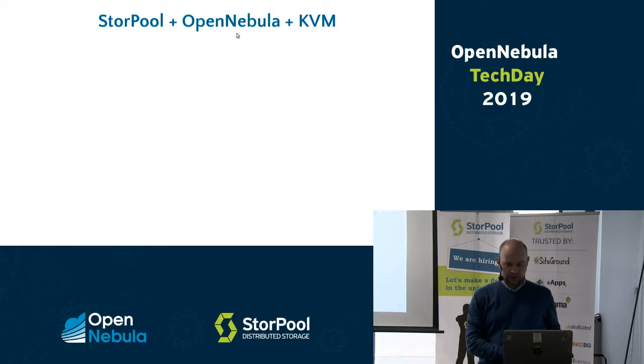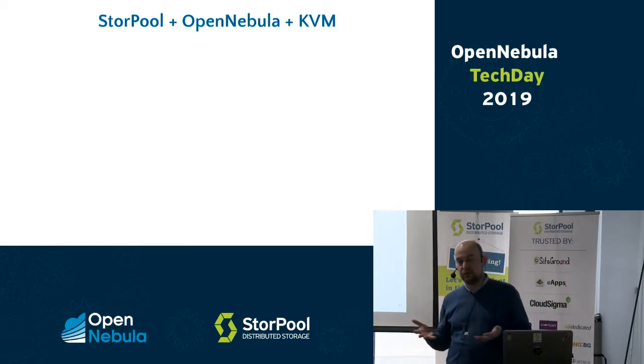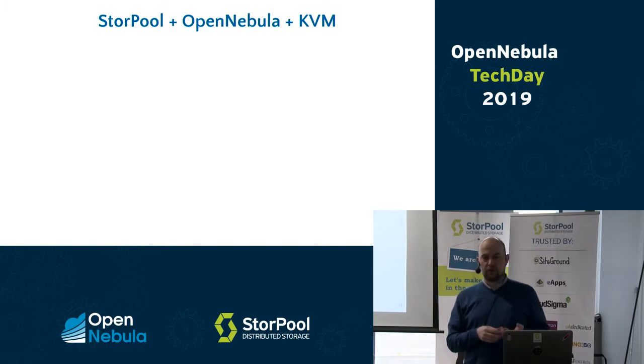And OpenNebula in the middle, obviously, takes care of orchestration. If you look at alternatives to OpenNebula, mostly they're either not as capable, so they can't do the things we want to do, or alternatively, they're extremely complex. If you look at something like CloudStack or OpenStack, it's just another level of complexity. Well, OpenNebula,